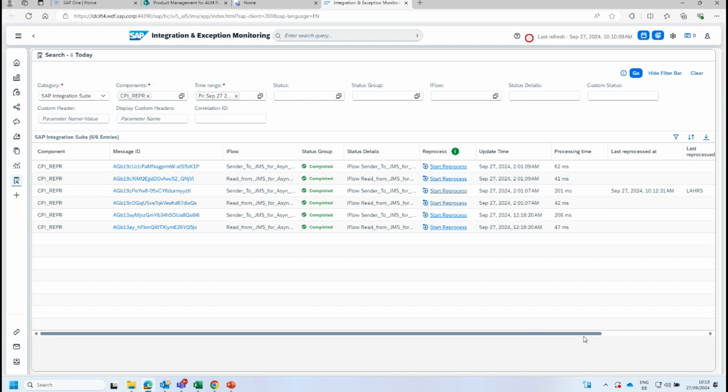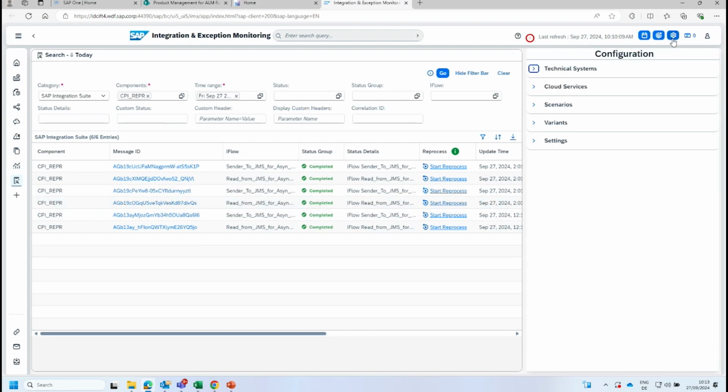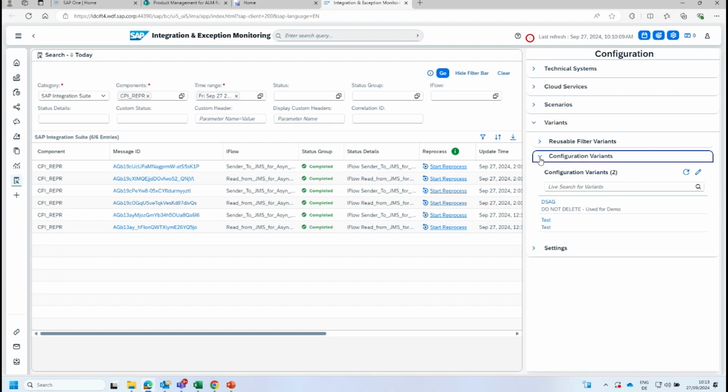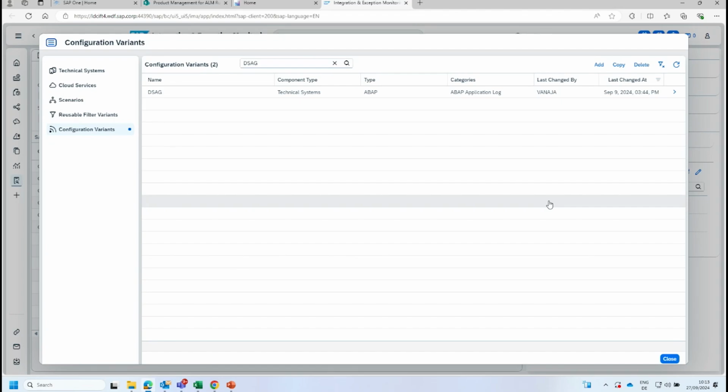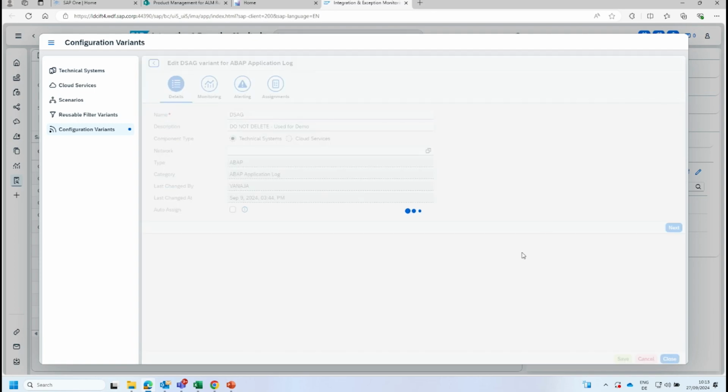Good. What I also wanted to show you is in the configuration area, the usage of these variants. So if you go there, then you can open it, and then you have the chance here to create your filter variants as well as your configuration variants. We have here an example prepared for the time reasons already. If I can show you this, it opens again at a kind of pop-up. And here you can add now, you can also create your own configuration variant. Yes, I will take you here only to the existing one. And then you see you have the different settings for the